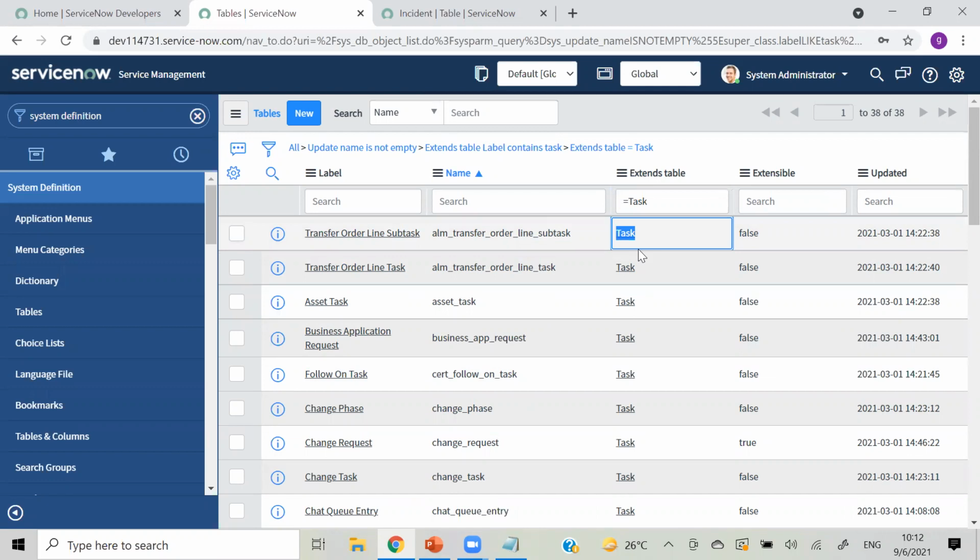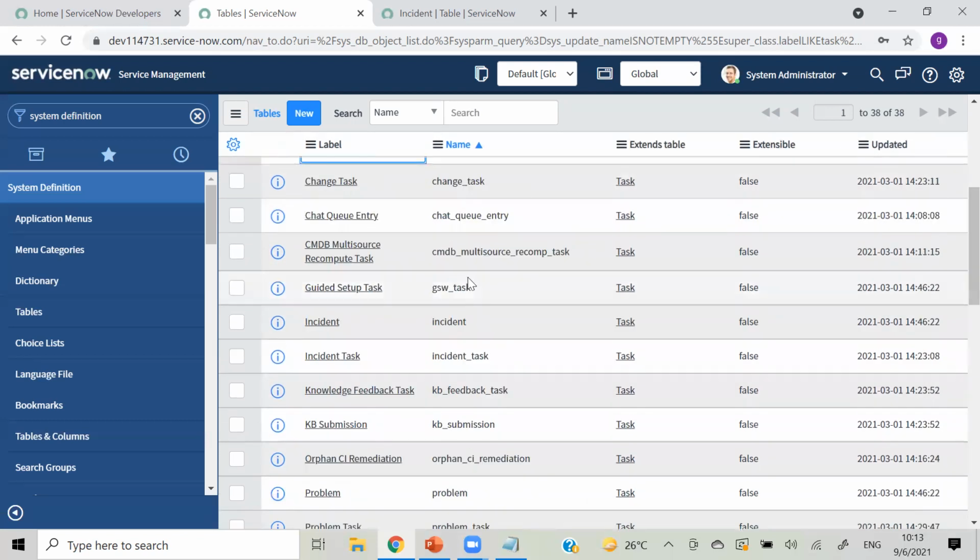We have created a table, that is the base table, and it will have some fields like created by, created, updated by, updated, closed by. Those basic fields are in the task table. When we extend that table to our incident table or change, this is the change management table, change_request, then we will have one for incident.